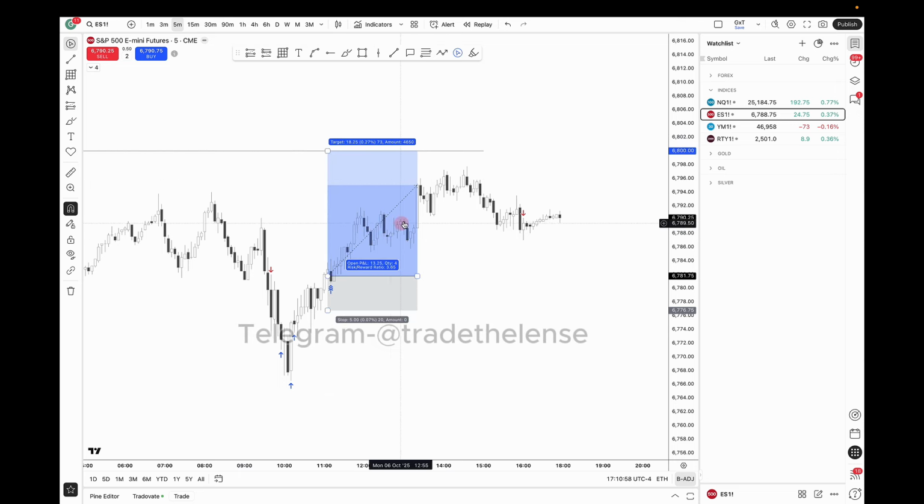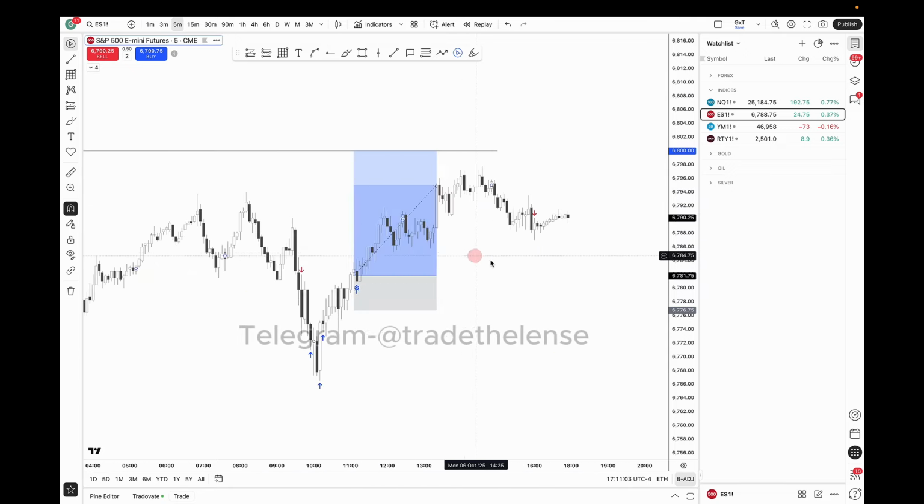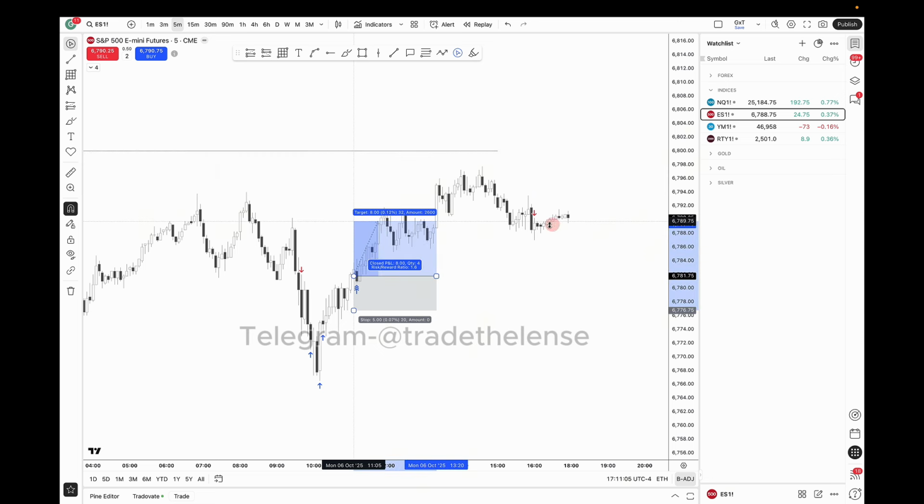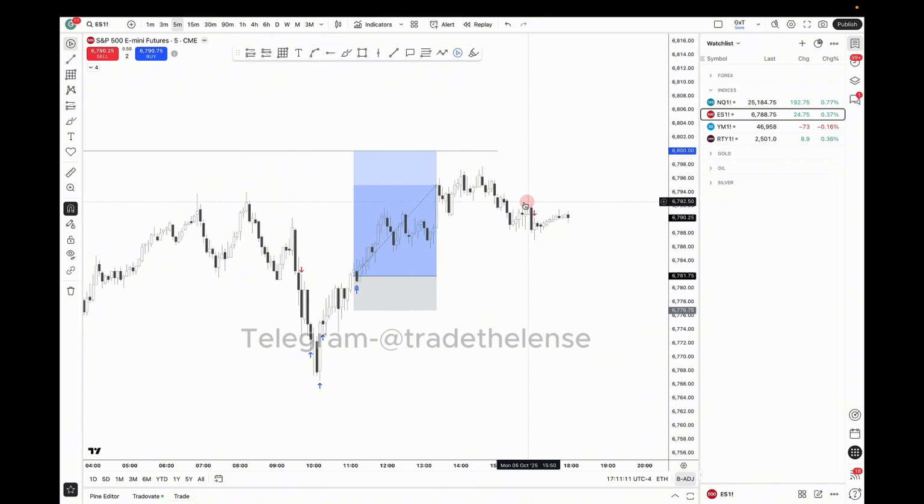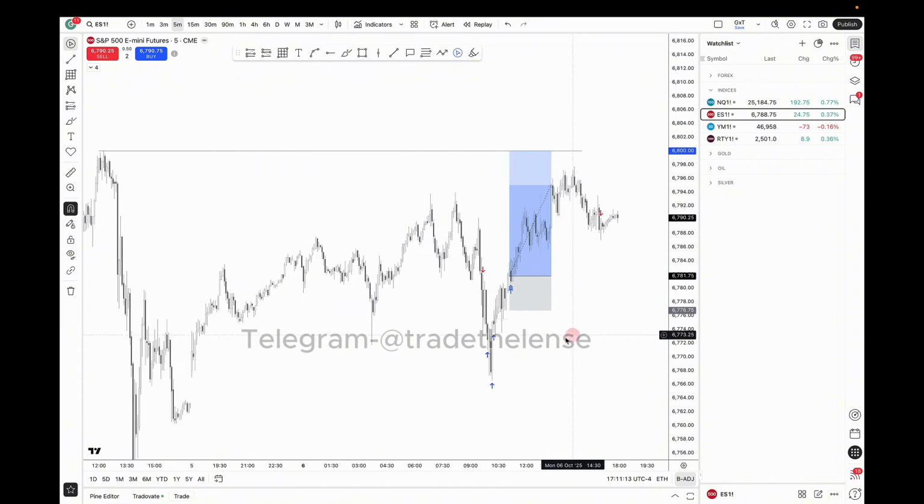But price was just bullshitting this whole time, dude. I didn't even partial this whole trade. I went in with 5 contracts here. I didn't even partial once because I honestly thought I would get there, but it did not. And yeah, I only took about 1.5R here or something. So it is what it is with this trade.